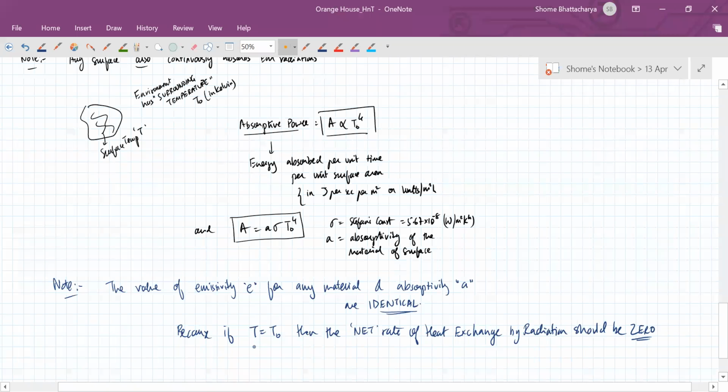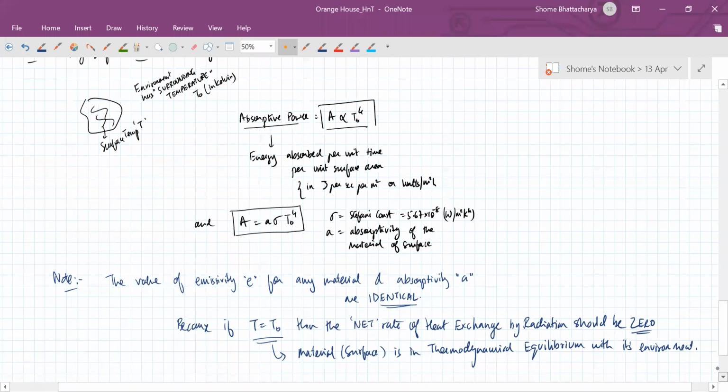Because the fact that temperature of the body is equal to temperature of the surrounding means that the material or the surface is in thermodynamic equilibrium with the surrounding, with its environment. So therefore,